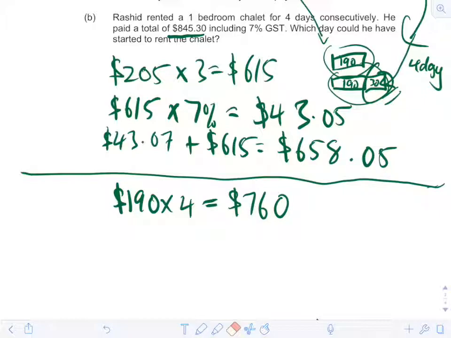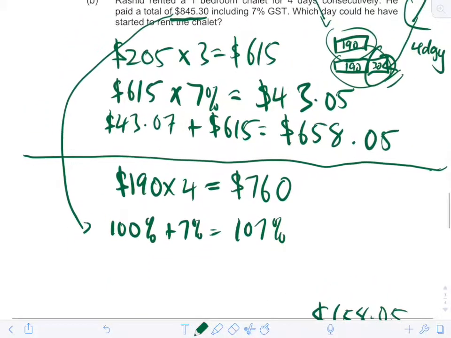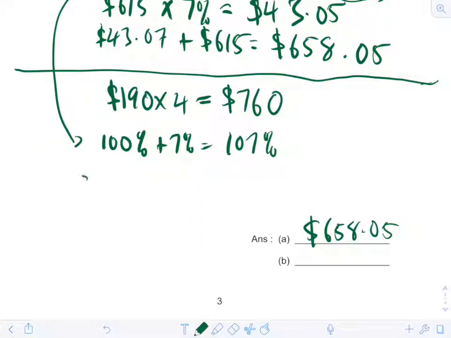So now what we do, we've got to remove the GST first. We know that the GST is 7%, right? So 100% plus 7% equals 107%. Remember the unit method that we use? We can have 843